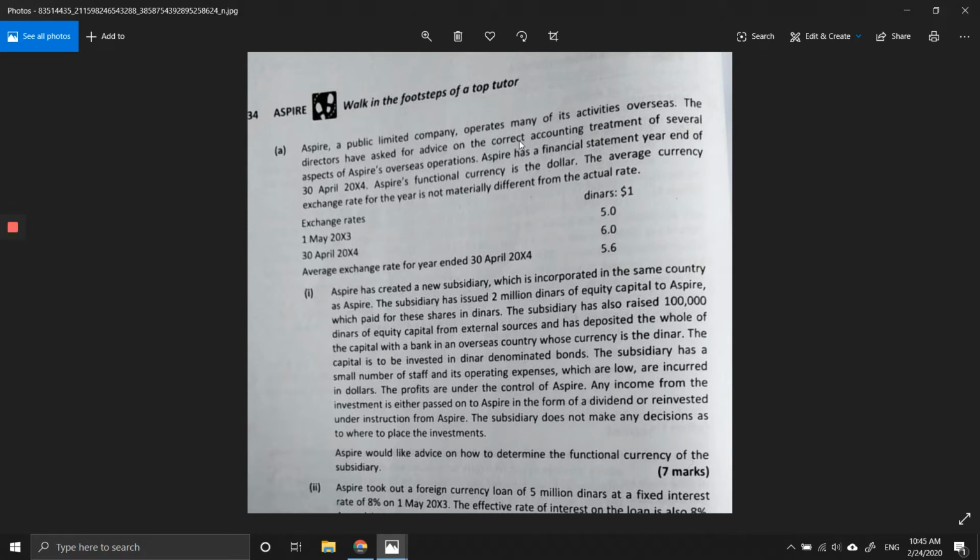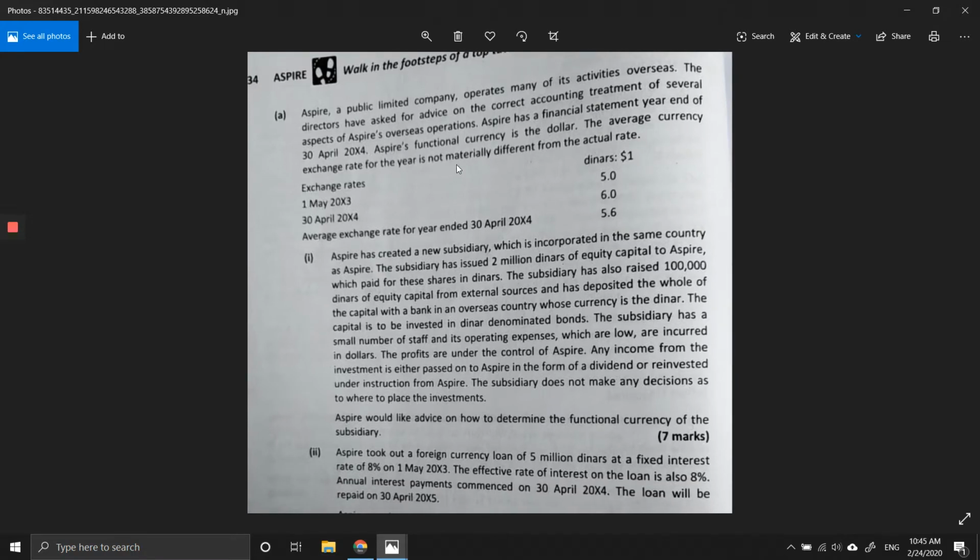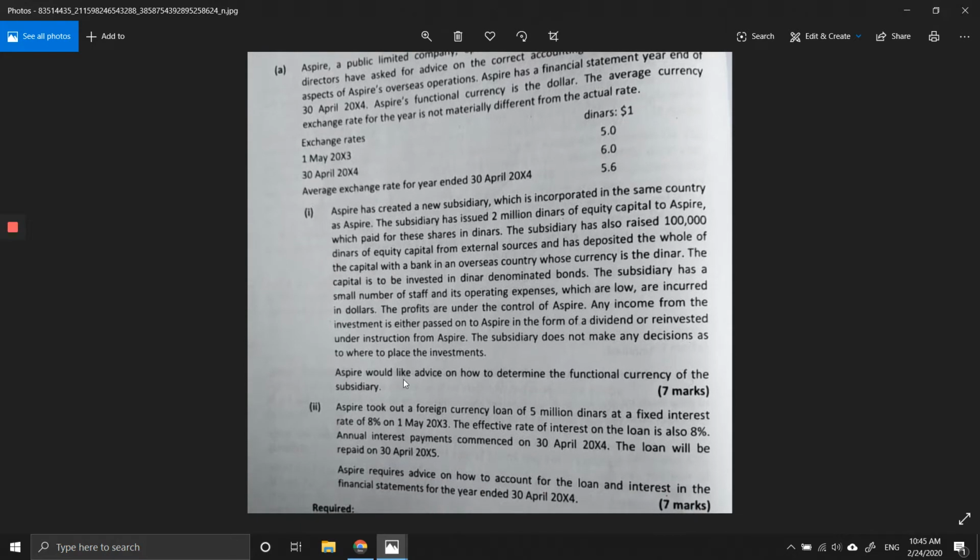So it's a public limited company which operates many of its activities overseas. The directors have asked for advice on the correct accounting of several aspects of overseas operations. The year end is given, the functional currency is the dollar, and the average rate has not been materially different from the actual rate. That's what we need. I would like to advise on how to determine